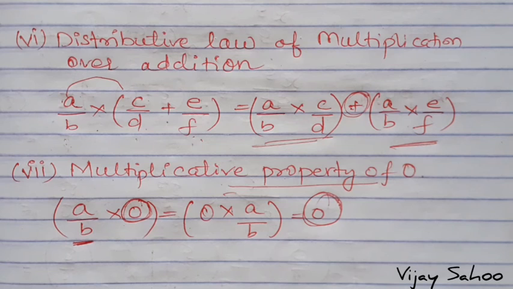All these properties are very important because we are going to apply them in our next exercise, that is exercise 1D. In 1D there are a total of 9 questions and some of the questions are based on the identification of different properties. So be clear with these properties because they will be applied in our next exercise.